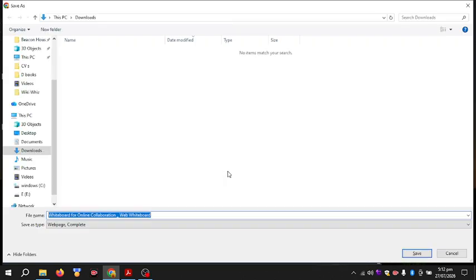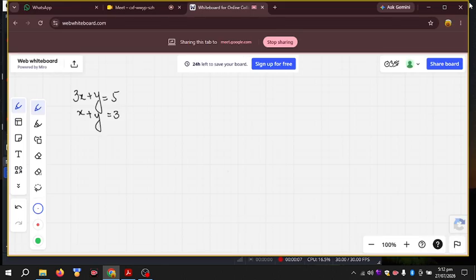Here you have simultaneous equations, and you know that there are two methods to solve simultaneous equations: the elimination method and the substitution method. Today we are going to discuss the elimination method. What do we do in the elimination method? Basically, we eliminate one variable to find the value of the other variable, and once we